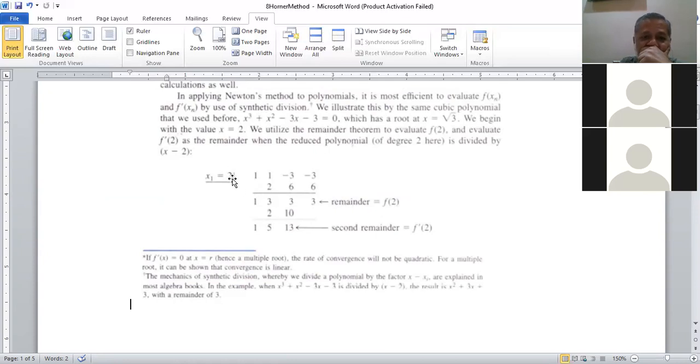और x वैल्यू 2 उसका रूट होता तो ये रिमाइंडर 0 आता, लेकिन इस रिड्यूस पोलिनोमियल इक्वेशन का रूट नहीं है x वैल्यू 2, तो ये आया रिमाइंडर 13। मजे की बात ये है कि इफ यू टेक द डेरिवेटिव ऑफ दिस पोलिनोमियल, उस डेरिवेटिव में x वैल्यू 2 रखो तो वो भी 13 आएगा। इसका मतलब है कि सेकंड रिमाइंडर गिव्स मी द वैल्यू ऑफ डेरिवेटिव एट 2।